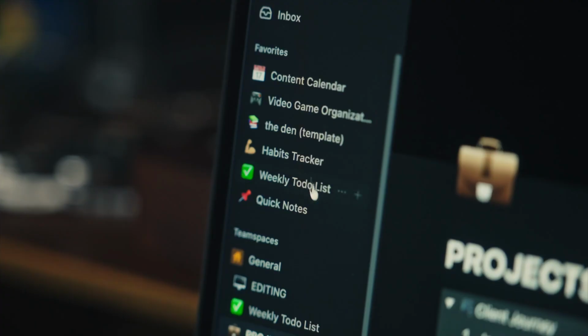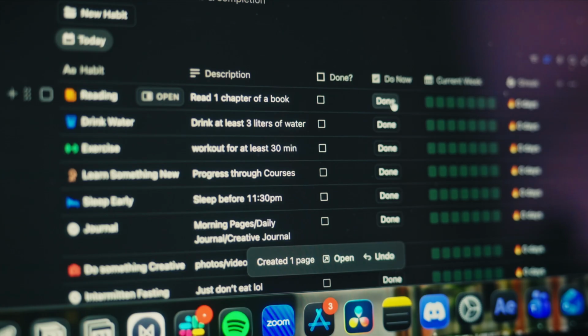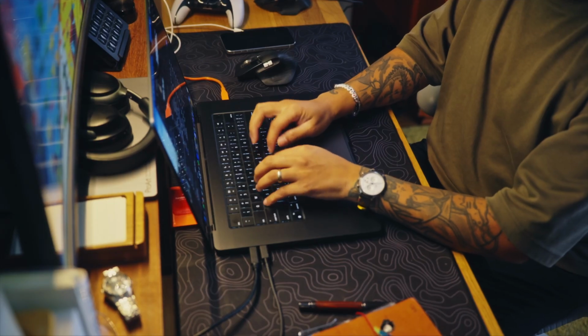So for example, a habit tracker. Finding a good habit tracker template and just taking time out of your day to fill it in on a daily basis. It could be something you do early in the morning. It could be something that you do throughout the day. It could be something that you fill out at the end of the day. It's been really helping me check those boxes and transition things over. And whenever you do that, it gives you a dopamine hit, and it feels really good. It'll ultimately push you and inspire you to continue to do those things, maybe stack a little bit more throughout the year.